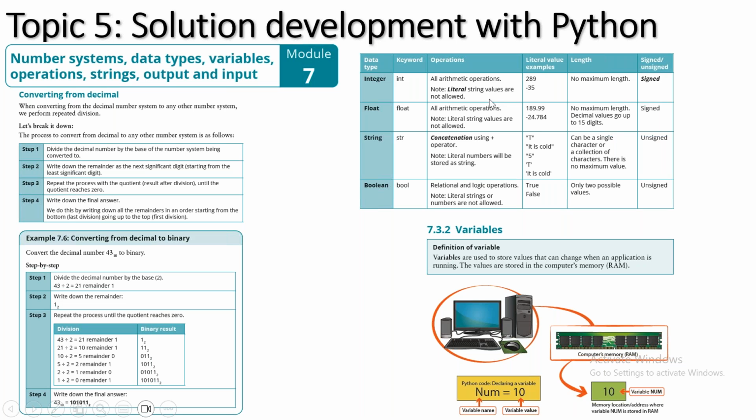When it comes to data types, again, we put it in a nice table format so students are able to understand the different data types that we use in Python. Python isn't like other programming languages like C++ or Java or VB, where you have to declare a variable before you actually use it. In Python, there is no variable declaration. The variable will take on a data type depending on the value you store inside the variable.